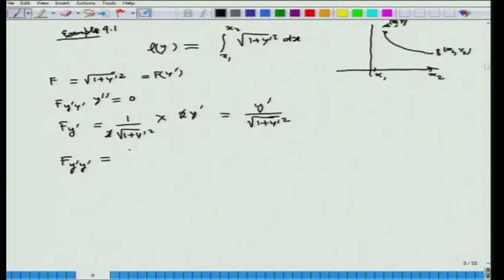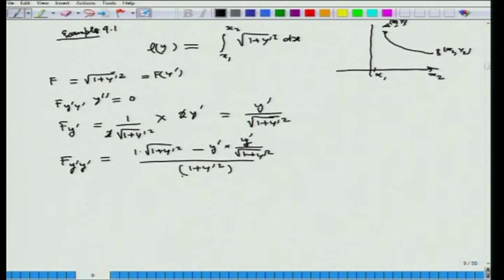So, we get here 1 into 1 plus y prime square, minus y prime over 2, times 1 over this square root of 1 plus y prime square, and then y prime here, over 1 plus y prime square. So, this